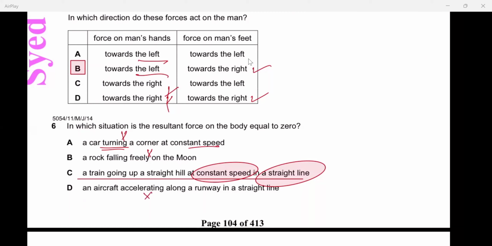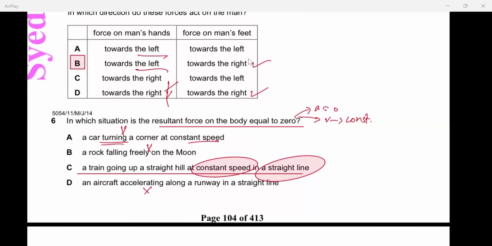Accelerate कर रहा है, तो force 0 नहीं हो सकती. सही है? क्योंकि रिजल्टेंट फोर्स अगर जीरो होगी तो एक्सेलरेशन भी जीरो होगी, स्पीड कांस्टेंट होगी। स्पीड अकेले कांस्टेंट नहीं, स्ट्रेट लाइन में भी होना चाहिए। टर्निंग अगर हो रही है तो इसका मतलब फोर्स जीरो नहीं है।